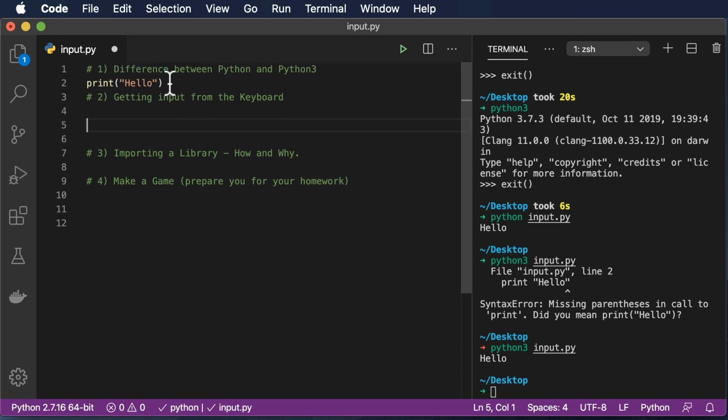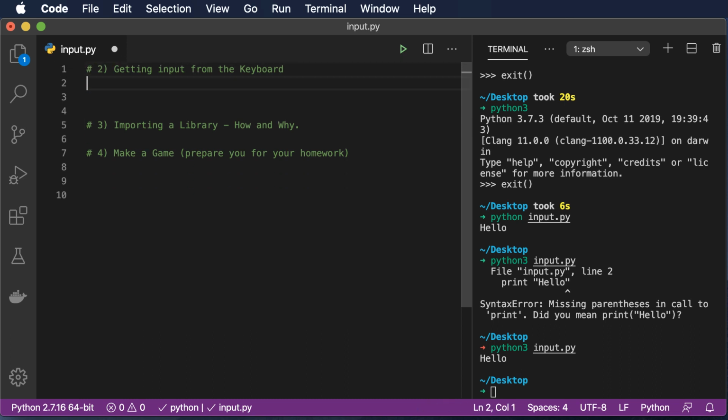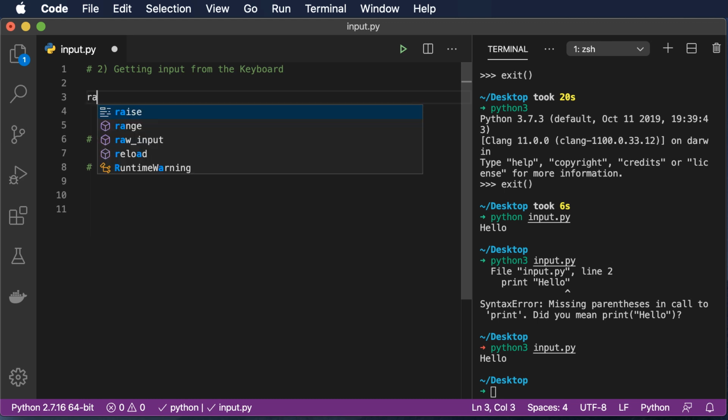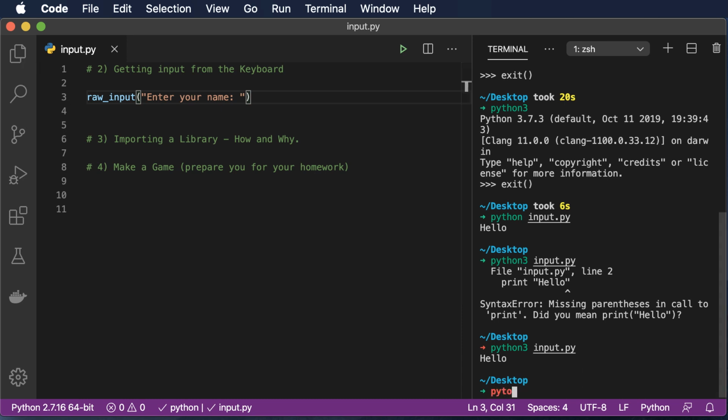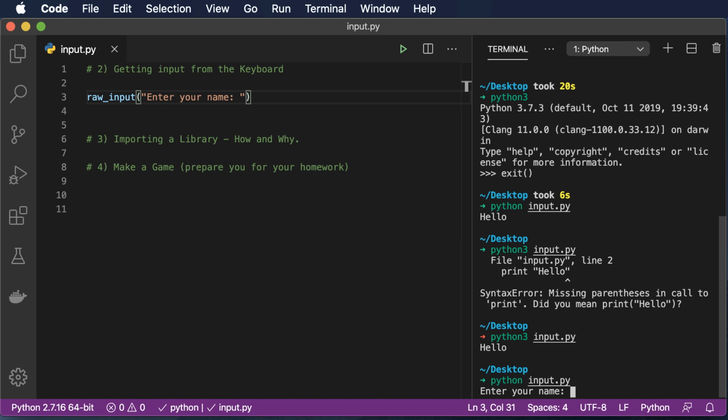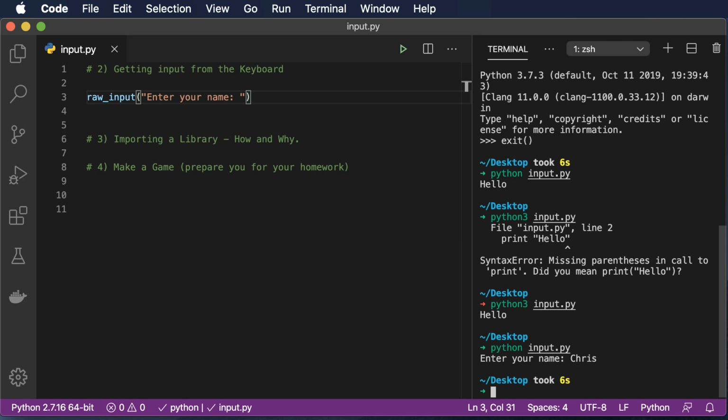So the way that we get input from the keyboard, and just let me clear that out, is we just use this raw input function right here. And we have one input, and this is the prompt on what you want to ask or present to the user so that they know what they should type in on the keyboard. And so we might say enter your name. Okay, and we run it. We see that enter your name shows up, and we can type our name, press enter, and we got input